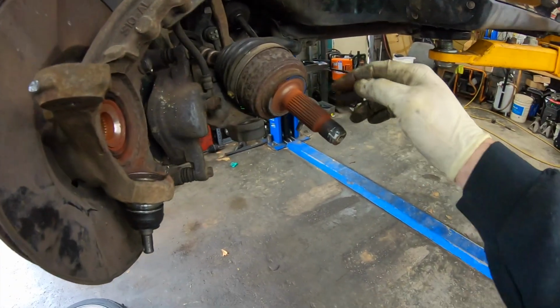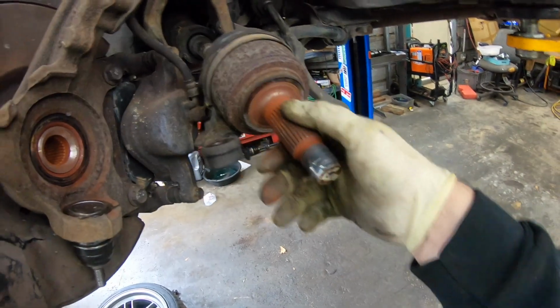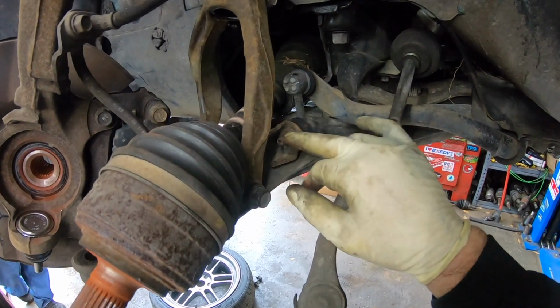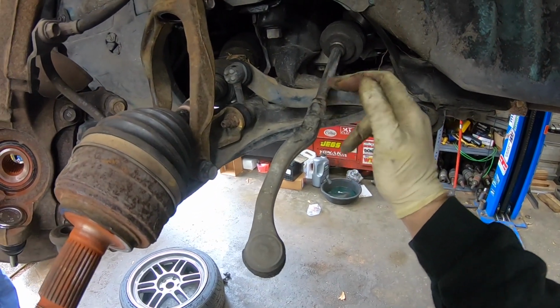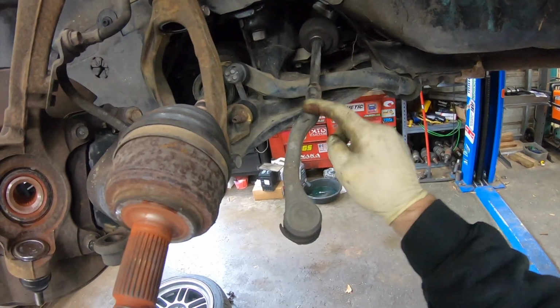I'm gonna put a little bit of anti-seize on this axle just to keep it from seizing up in that hub in the future. And then we're gonna go ahead and do the sway bar links. We'll have to heat these with the torch because they're pretty crusty in there. Same thing with the tie rod end. We'll probably have to heat this jam nut right here, and then we'll be able to remove the outer